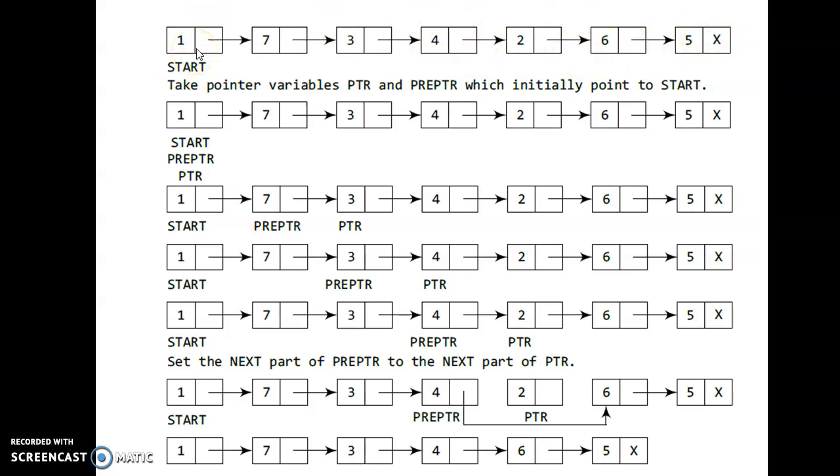Suppose I want to find out whether 10 is present. Is 1 equivalent to 10? No. 7 is not equivalent to 10. Like that, 5 is not equivalent to 10, so I go to the next one. The next one is null. That means whenever null comes in ptr, that element is not present in the single linked list.